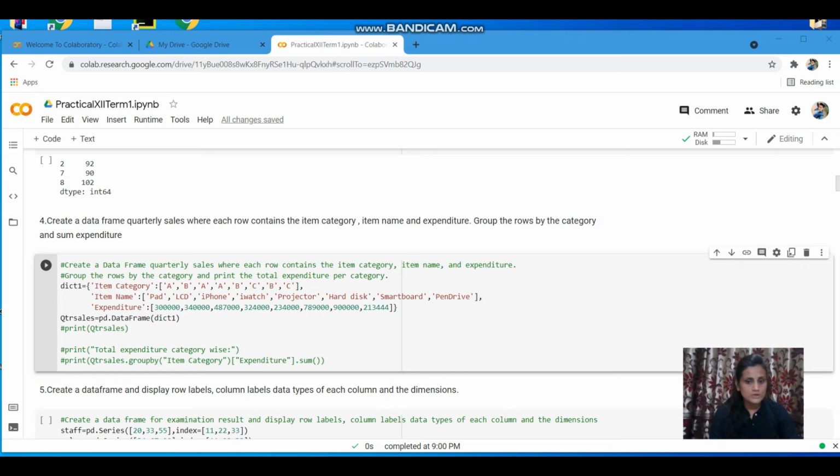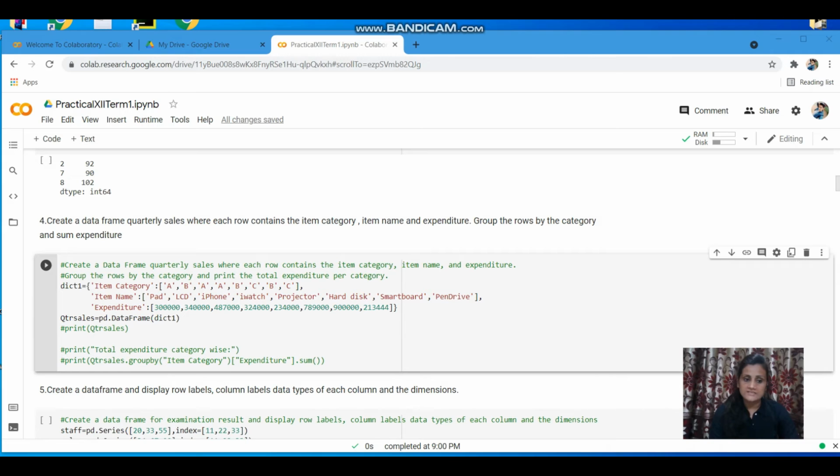So first what we require is to create a data frame. We are using a dictionary for creating the data frame. As mentioned, there are 3 columns we need, so we create a key-value pair for each of the 3 columns. The first column is item category, which is the first key in the dictionary, providing values as a list.